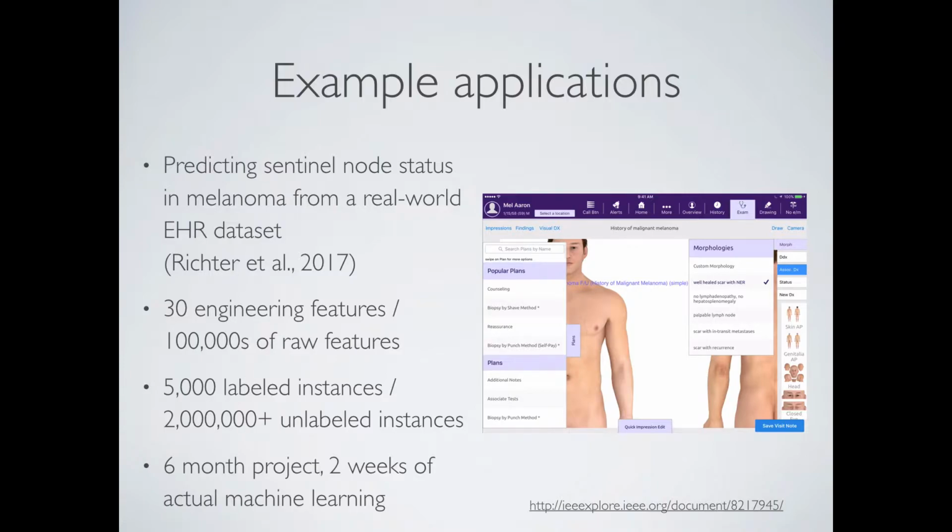So you can read the paper, talk to me more if you want some more details, but the bottom line of this was a 6-month project. I had to take the raw data inputted by the doctors at the point of care, do a whole bunch of ETL, joining data, cleaning data, figuring out the edges of the application, removing messy data, all that stuff. And then I had to do the feature engineering, and then I got to do the machine learning. So a 6-month project, probably only 2 of that was spent in machine learning.